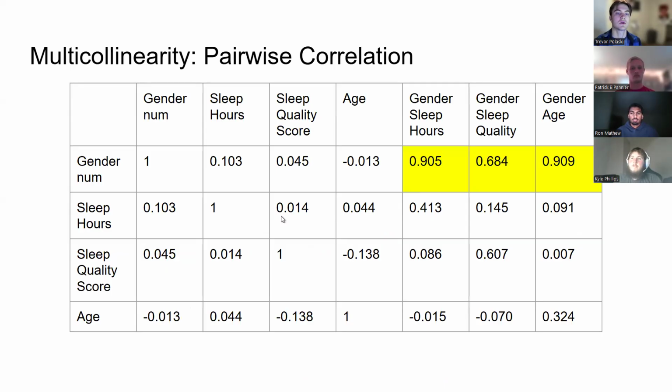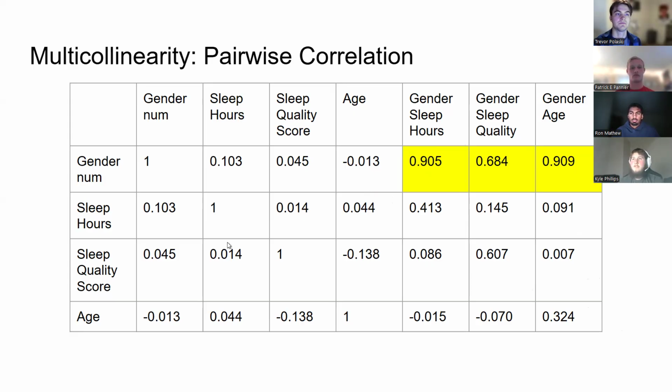We can look at the pairwise correlations, and we can see that everything is very low until we see how they interact with the interaction terms. The interaction terms have very high correlations, up to 0.9. This is because they are interaction terms. So gender sleep hours is going to be dictated by gender because that's how it's created. Same with gender sleep hours and sleep hours. That's why it's higher at 0.4. And we can see these all along have high correlation with the thing that they're derived from.